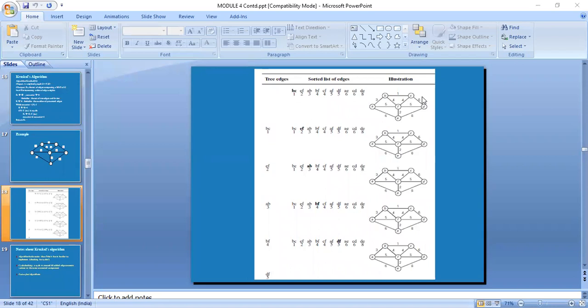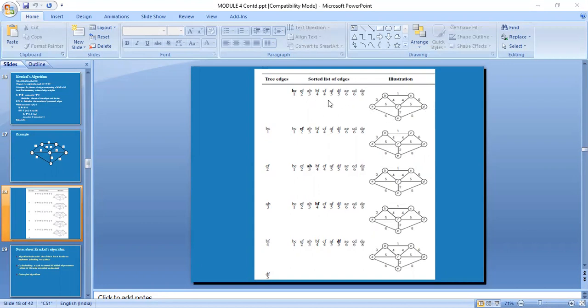B to C is the least one. Then which is the next one? The next one is E to F. What is the next one? The next one is 3, which is AB. Then 4, you have B to F as well as C to F. Go according to the alphabetical order if there are 2 with the same value. Next, 5 is also 2 edges, so A to F as well as D to F. Next 6. A to E is also 6, C to D is also 6. The last is D to E, which is 8.